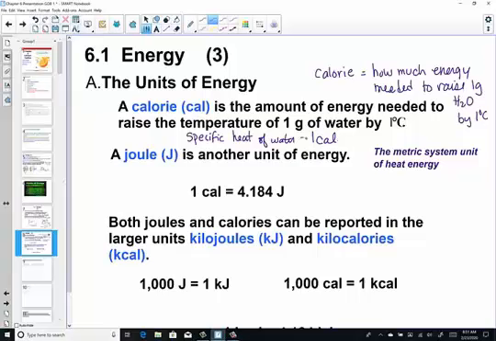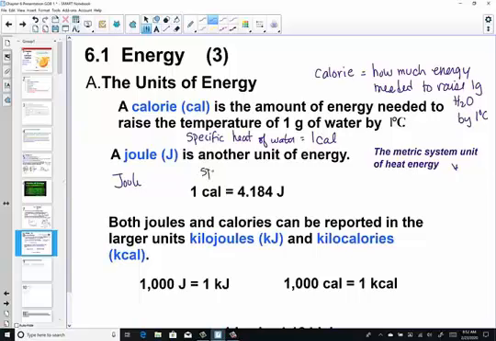And so in the metric system, there is another unit of energy. Now in America, we're used to the English system carrying calories of energy, but we should also be familiar with the metric system. The unit of heat energy is known as the joule. And this is actually an honorary name from a physicist whose last name was Joule. So you'll see that was a capital J when we write out its unit. A joule is another unit of energy.